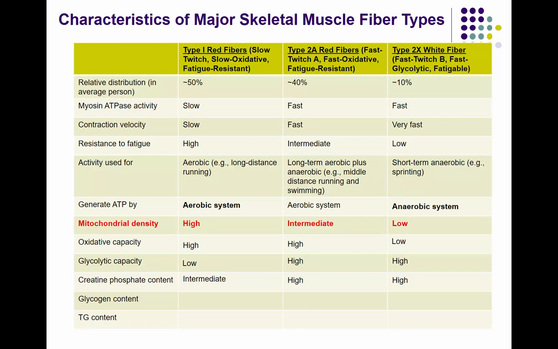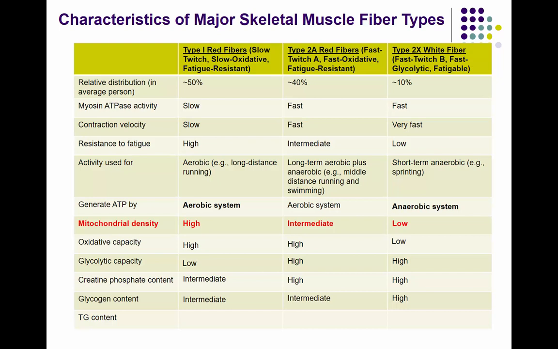And the type 1 and 2A fibers, because they are able to use fat, so they probably also need glycogen, but not as much as type 2X. So again, the glycogen content will be very high in type 2X fibers, but intermediate in the other two types of fibers, right? And the last one is